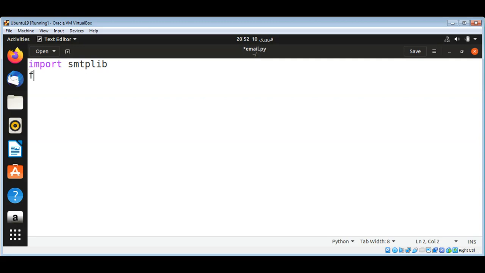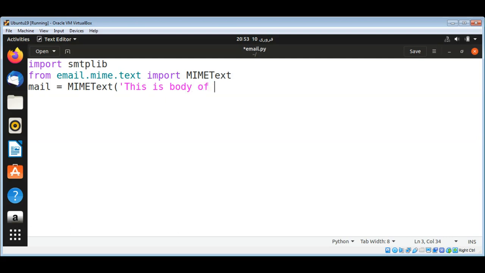and then from email.mime.text import MIMEText, and now I'm going to create an object of MIMEText and call it mail. MIMEText, and this is the body of the email,